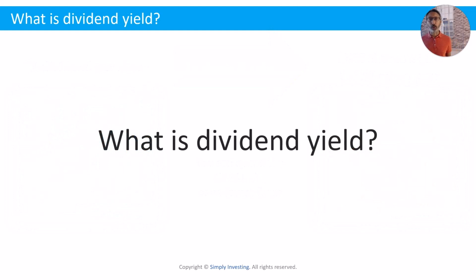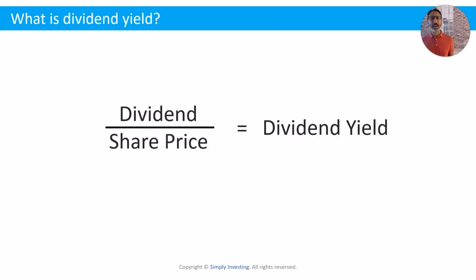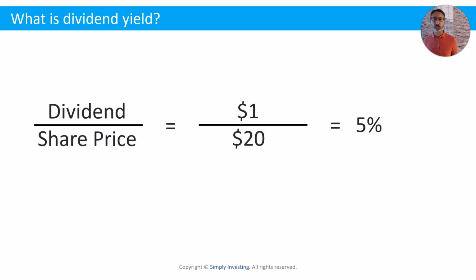Now let's take a look at the dividend yield. The dividend yield is simply the annual dividend divided by your stock purchase price. And that's going to give us the dividend yield. So let's take a look at this example. Let's say the annual dividend is $1 per share, and you were to buy the shares today for $20, so that's your purchase price. So 1 over 20, and we express that as a percentage. We can see on the screen that it's 5%.